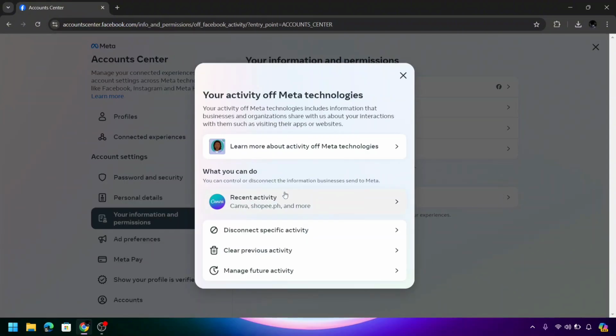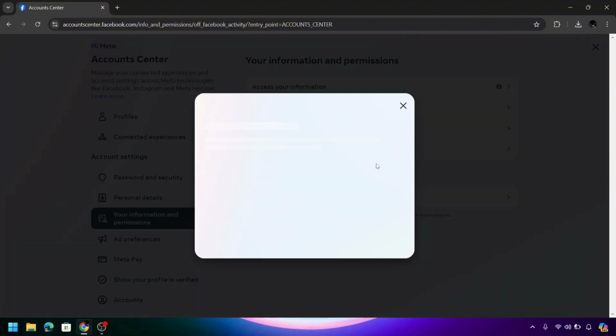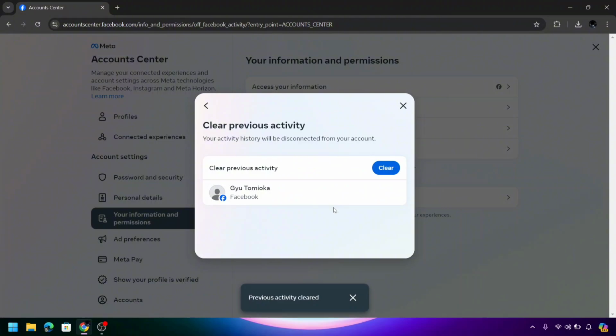and then clear previous activity. Then simply click the clear button. Now all your activity on Facebook is now cleared, and that is how to delete or clear your Facebook activity